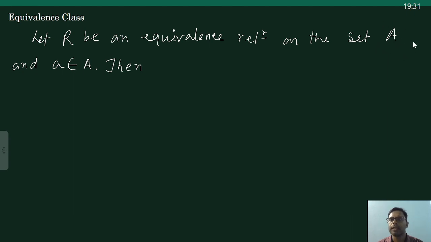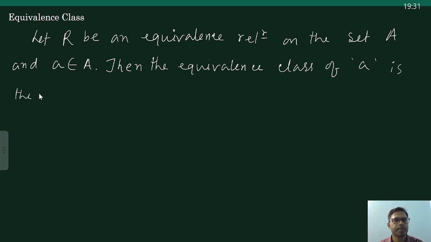So A is a set, therefore it will contain some elements, and from those elements I am taking one such element small a belongs to the capital A. Then the equivalence class of A, small letter A, equivalence class of A is the set of all those elements, all the elements boli likhileও hobo, all the elements